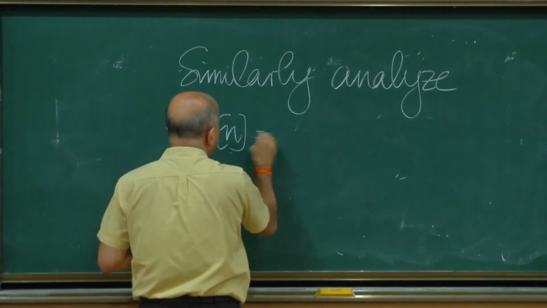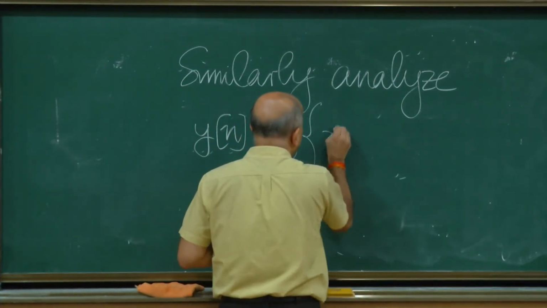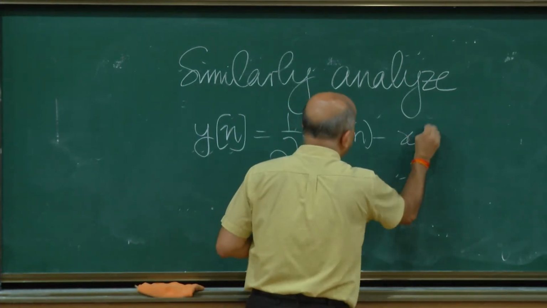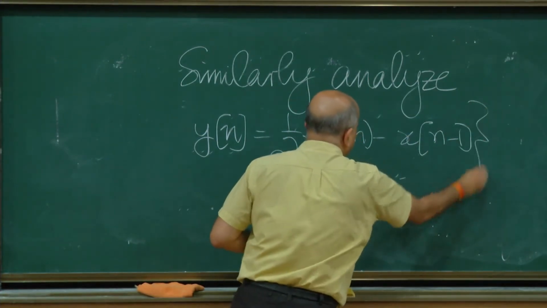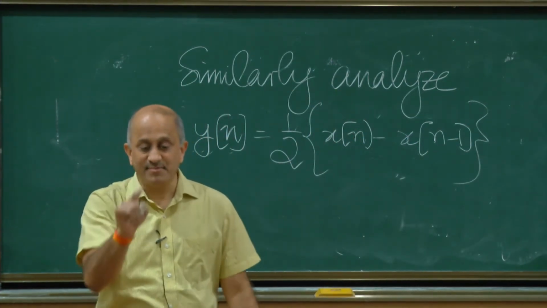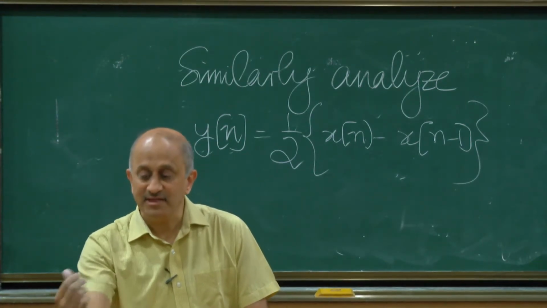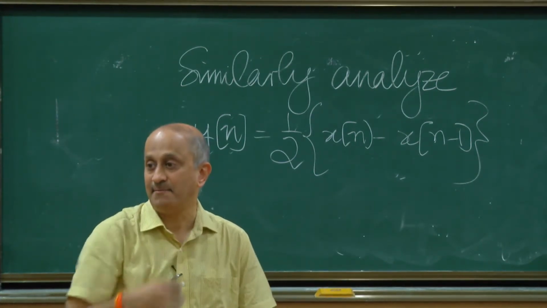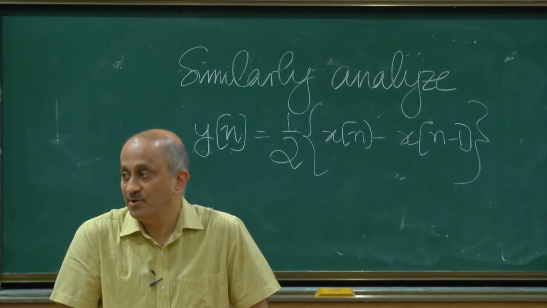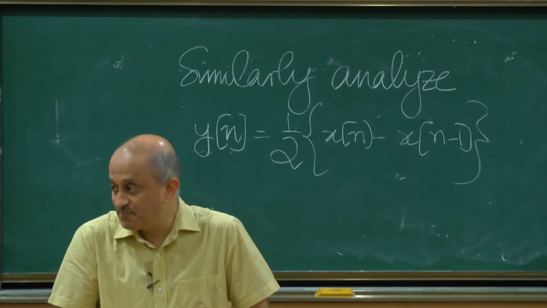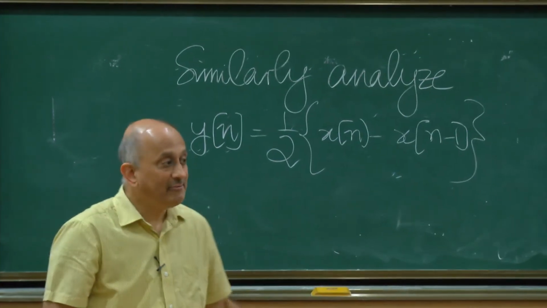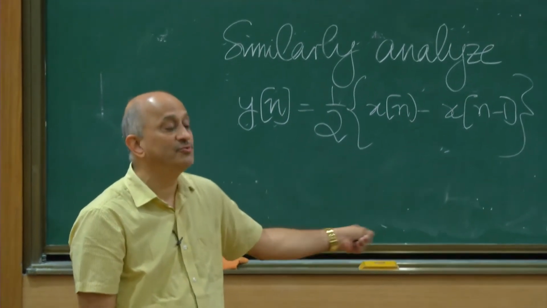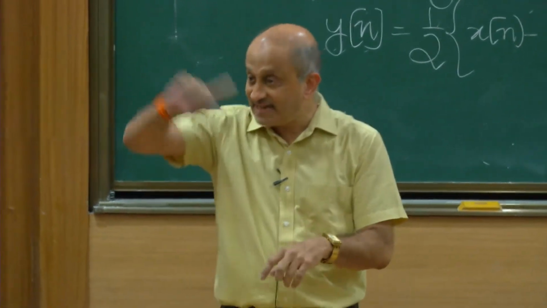y[n] is half x[n] minus x[n minus 1]. So it's a 2-point difference. So what you're doing is you're finding the difference between the current sample and the past sample. Right? You're taking a multiple of the difference between the current sample and the past sample. So I want you to find out what this system would do to a sine wave and sketch the amplitude